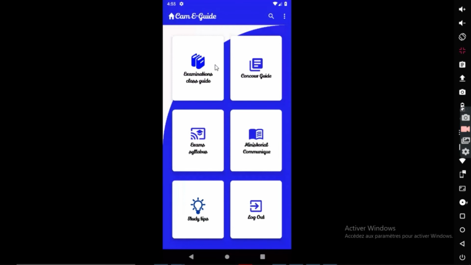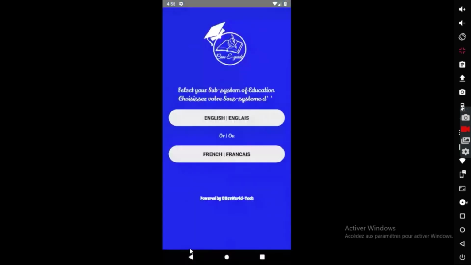The English Self-Serve Education, as I told you, is a very large platform. It's not been easy. We've been consistent and we have been able to bring up this platform. So we're going directly into the French Self-Serve Education. I just need to tap the back button. It takes me here, the French Self-Serve Education.